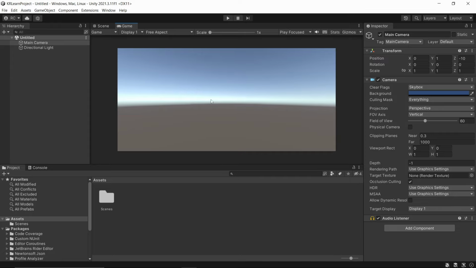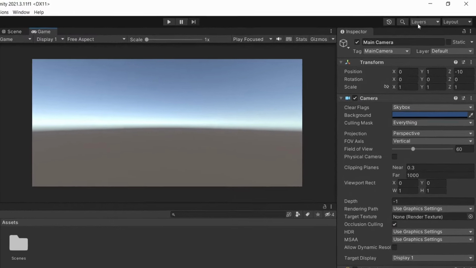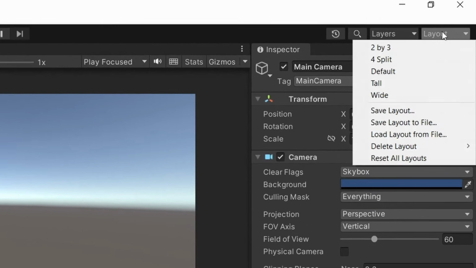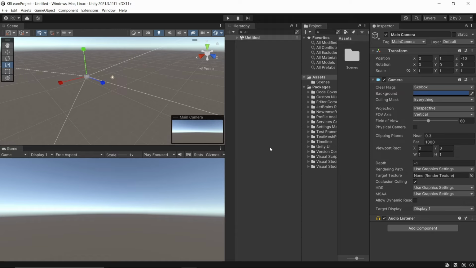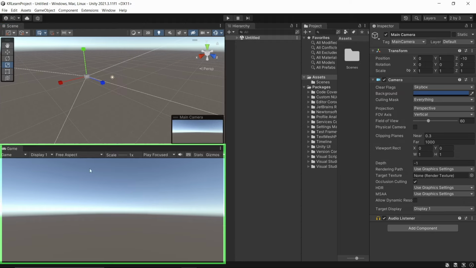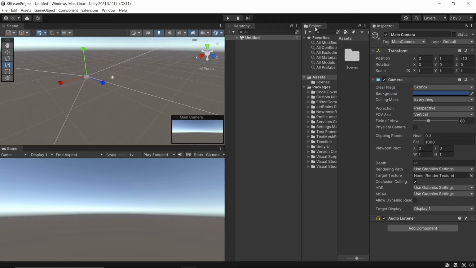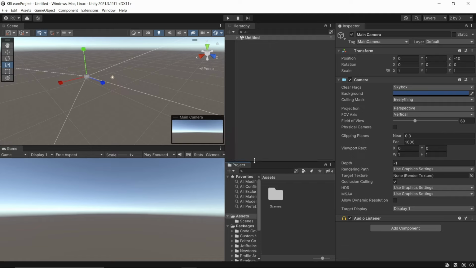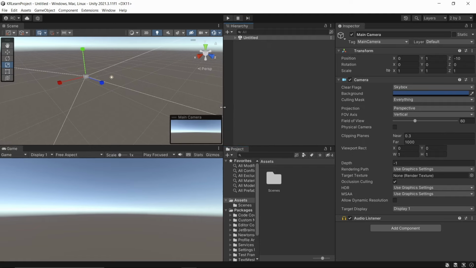Now, I personally don't like this layout because this is done for single monitor setup, which is not always the case. If you want to change the layout, you can go at the top right here and see layout and change to whatever layout you prefer. I usually go for the 2x3 split. Now the 2x3 split is gonna show me the scene view at the top, the game view at the bottom here, and I want to relocate the project tab by simply dragging and dropping it here